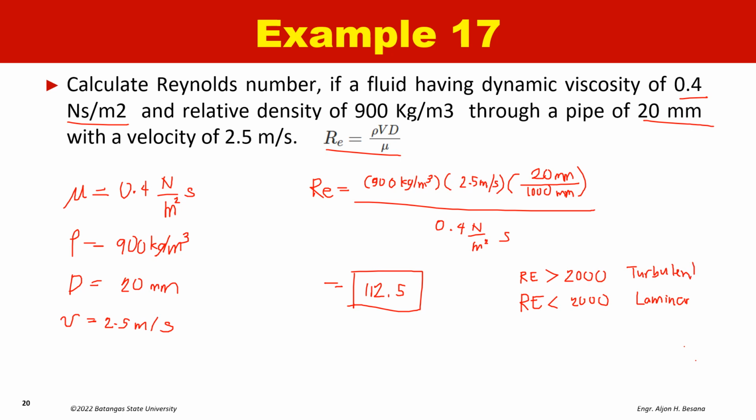So this one is laminar. Reynolds number 112 and the flow is laminar. Next,